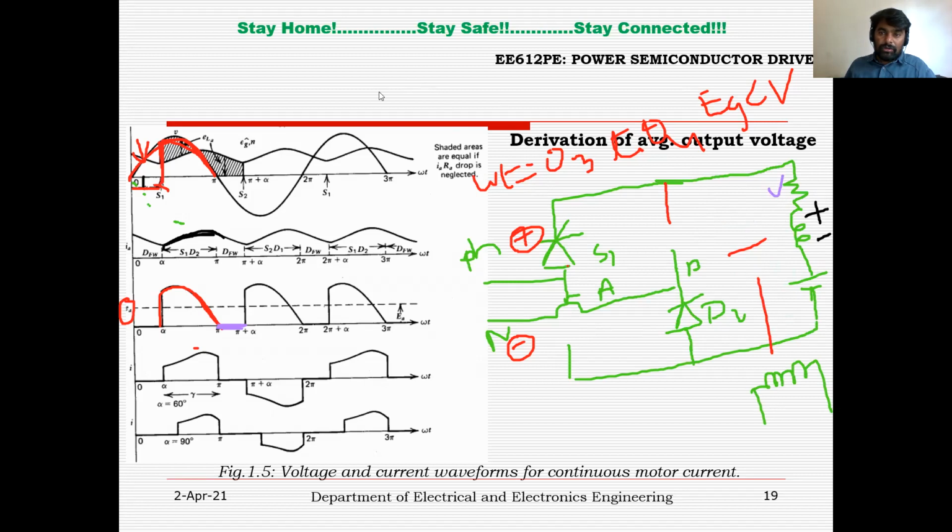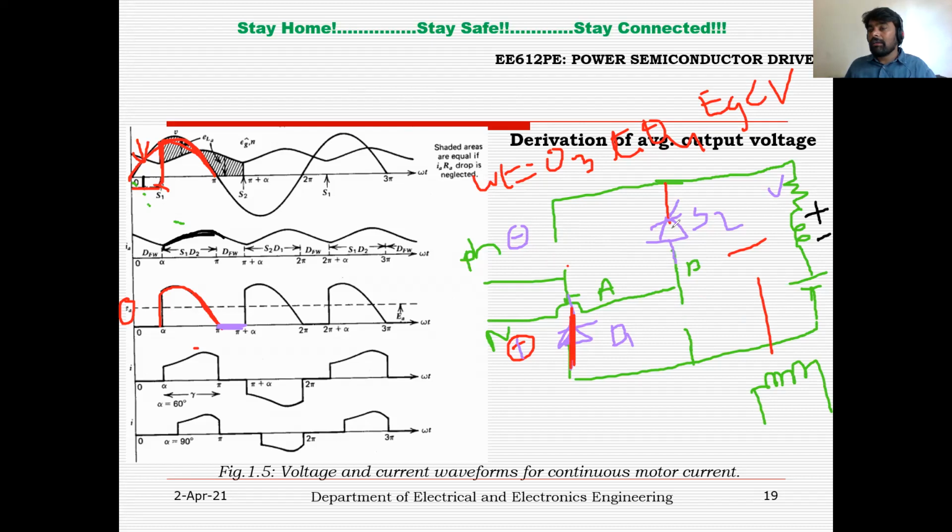So now here we have the switch S2, which is a thyristor, and here we have the diode D1, right? Now in the negative half cycle, this will become negative, and here it will become positive. If that is the case, S1 and D2 are in reverse bias condition because their anodes are connected to positive and cathodes are connected to negative, right? At the moment the diode is in forward bias condition, no doubt it will conduct, right?